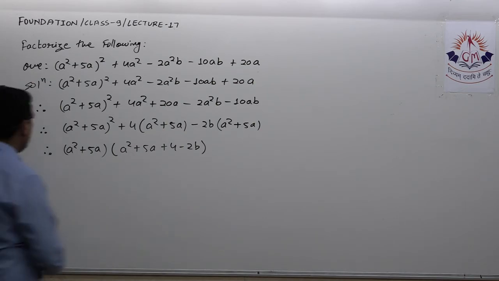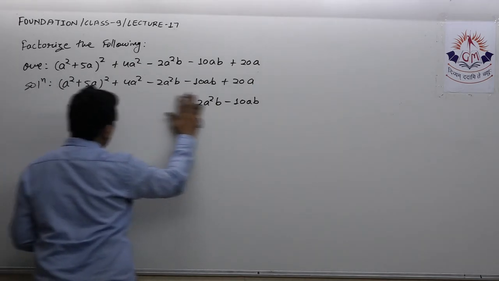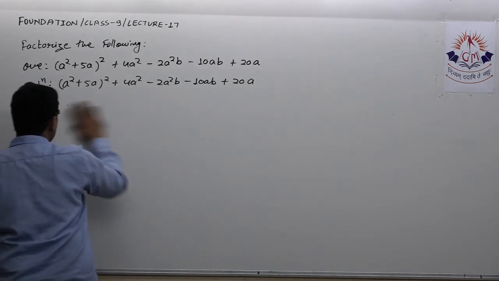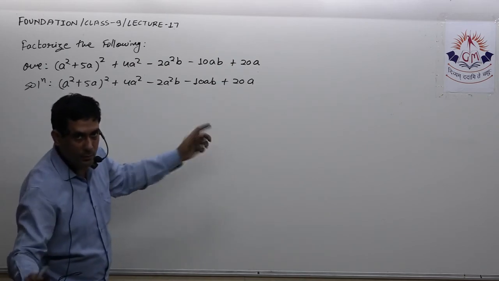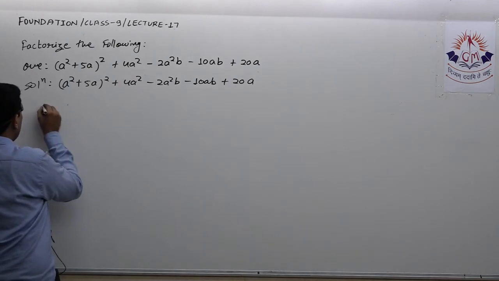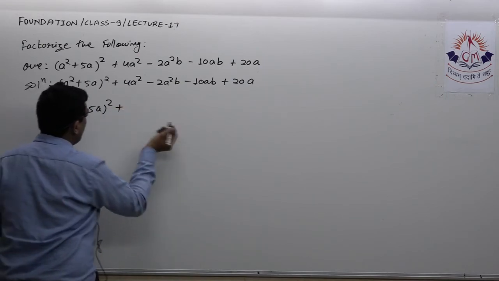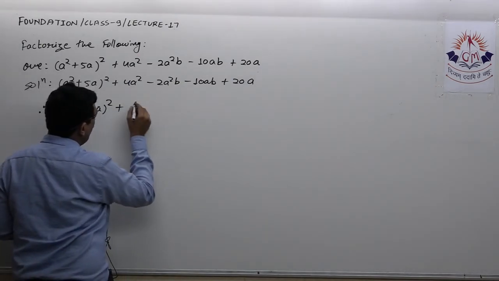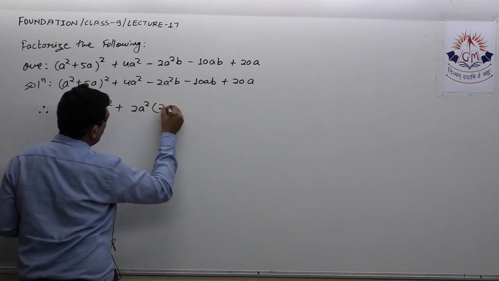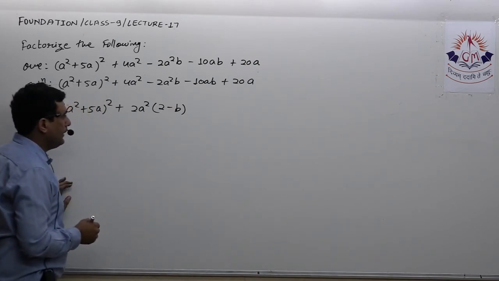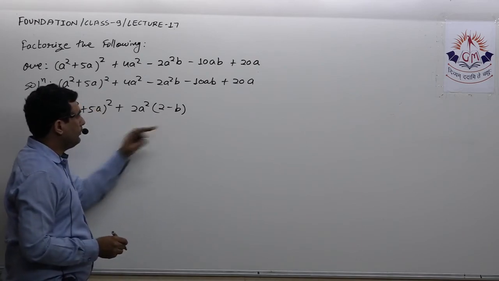Okay, so now before I proceed to the next question, let us try to solve this by a different method. That means without arranging, see these two have something common. Also, these two have something common. So if I start with that only, let me see if it is possible to find its factors further or not. See, these two have common 2a square, isn't it? 2a square is common, so here 2, here it is minus b. If I take 2a square common, here I get 2 minus b.